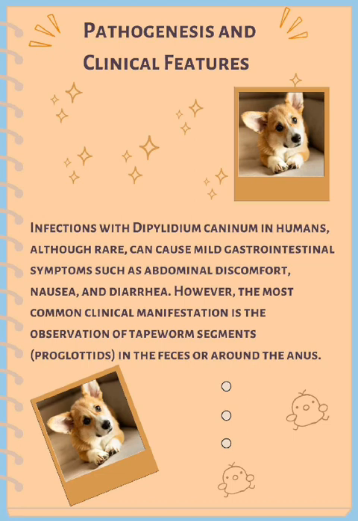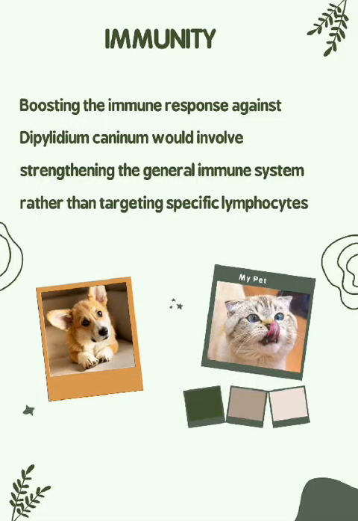Infections with Dipylidium caninum in humans, although rare, can cause mild gastrointestinal symptoms such as abdominal discomfort, nausea, and diarrhea. However, the most common clinical manifestation is the observation of tapeworm segments, proglottids, in the feces or around the anus. So, alright, for the immunity, boosting the immune response against the Dipylidium caninum would involve the strengthening of the